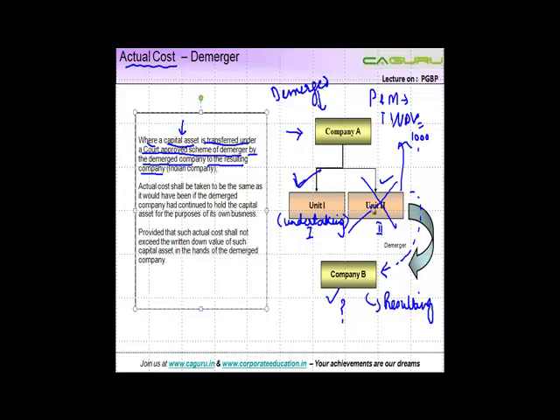So where a capital asset is transferred under a court-approved scheme of demerger by the demerged company to the resulting company, actual cost in the hands of company B shall be taken to be the same as it would have been if the demerged company had continued to hold the capital asset for the purposes of its own business. So if company A would have continued to use this asset for its own business, whatever value would have been there in the books of company A, which in our example is 1000, will be the same in the hands of company B,